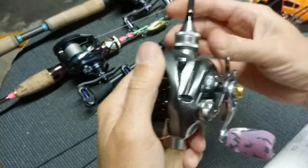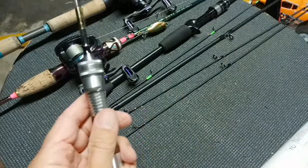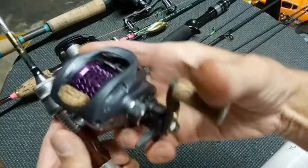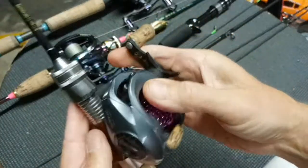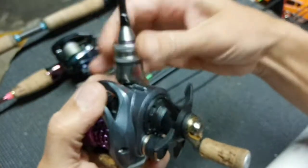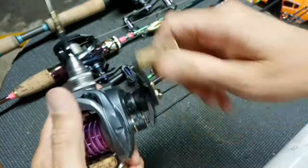Nope, looks too expensive. Let's take it off. Let's put a $65 reel on it. Yeah, that looks better. So now we have,